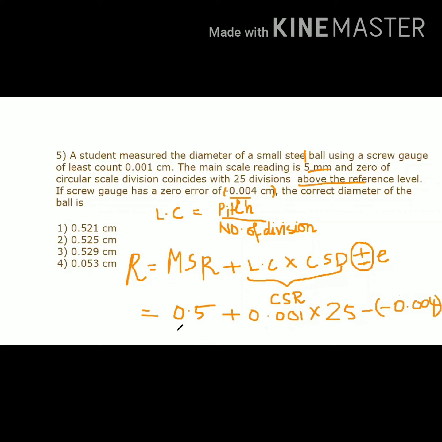Now, by the time you would have been ready with the answer, I think. So the answer for this question will be 0.529 because here 4 will be added. So the third option is the answer for your fifth question. So this question is done. This type of questions are very important from the concept point of view as well as for MCQ point of view.